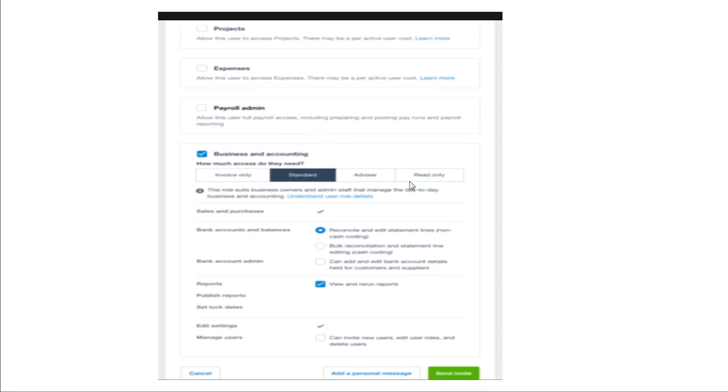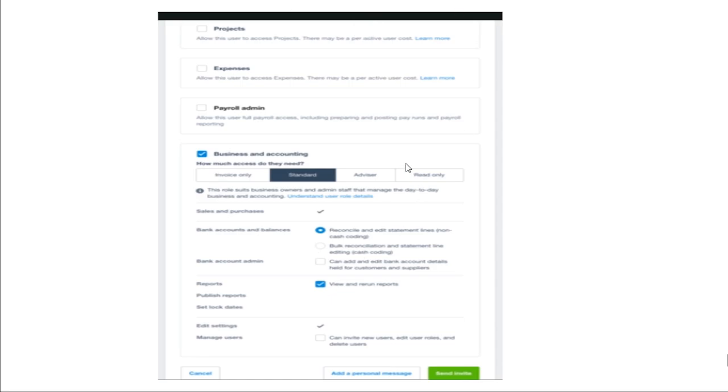Okay, but there are clients who will give you just payroll admin if that's the only task that the client wants you to work on. There are times that the client will just give you read-only access, just to view the reports, just to view the bank accounts, just to see what's going on inside Xero, but won't do anything else. So it depends on the client's needs.